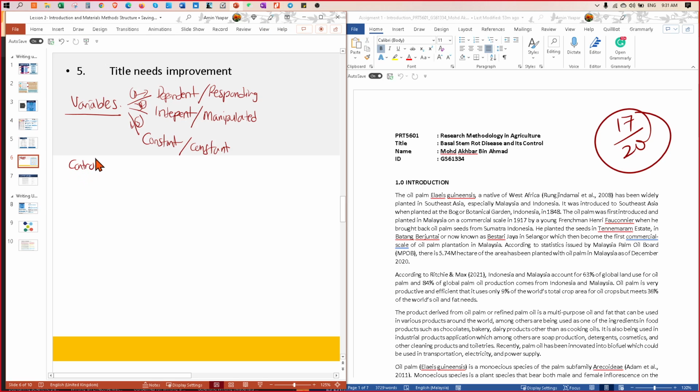What stays the same? Muhammad Akbar, what is the constant variable for your experiment? What stays the same throughout your experiment, or the subject of your experiment?